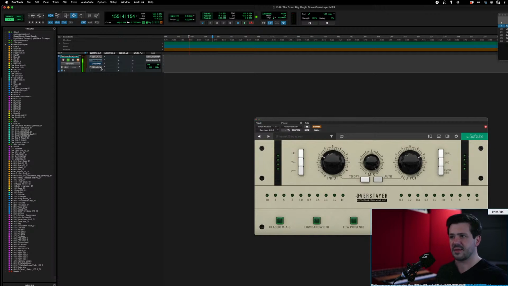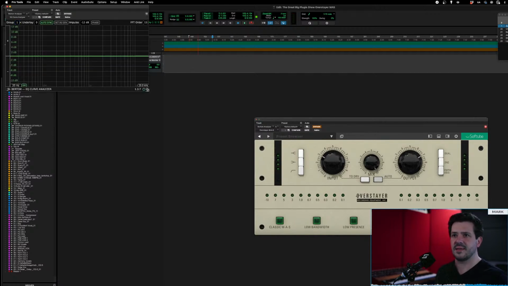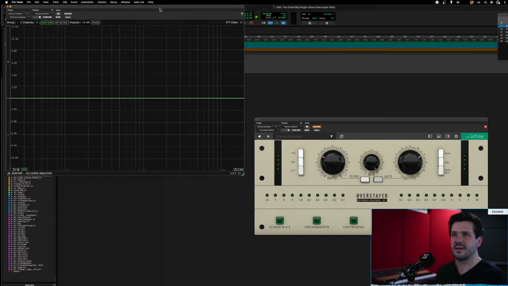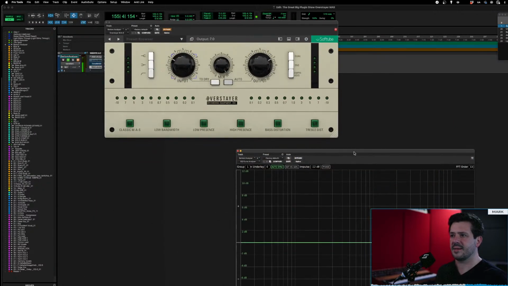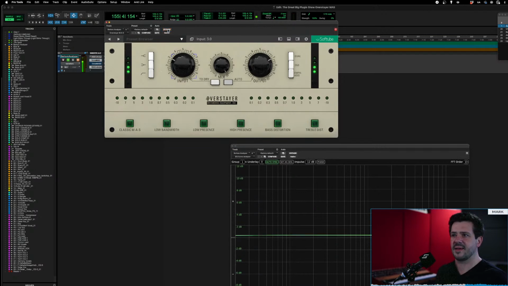But all right, so we're going to do this quickly. Here is the original regular instance of the plugin and my analyzer. So I'm going to come out of bypass on here. And as soon as I do, you notice we get a little bit of a gain bump and some curvy stuff at the top. Let's engage the high pass filter first, or as Softube likes to say, the low cut